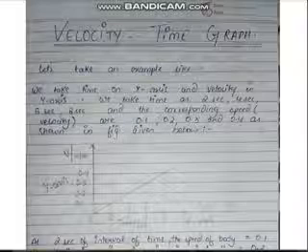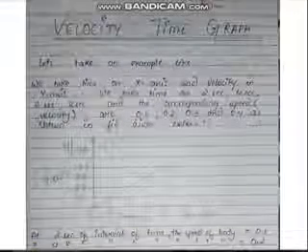We have taken time as 2 seconds, 4 seconds, 6 seconds and 8 seconds, and the corresponding speed, corresponding का मतलब क्या होता है, corresponding means if I take 2 I have to take 0.1, if I have to take 4 its corresponding point is 0.2, if I have to take 6 the corresponding is 0.3, and if I have to take 8 the corresponding is 0.4, which is shown in the figure given below.